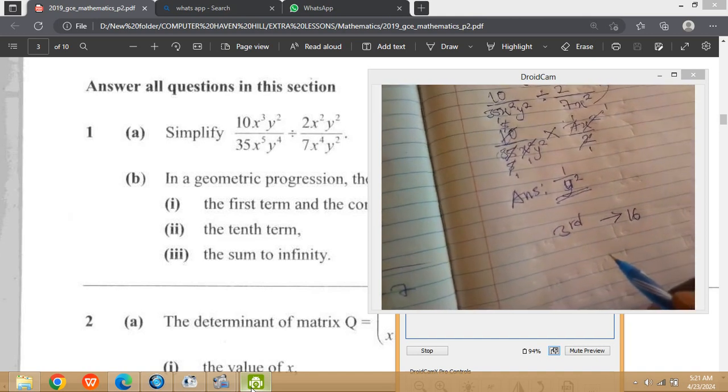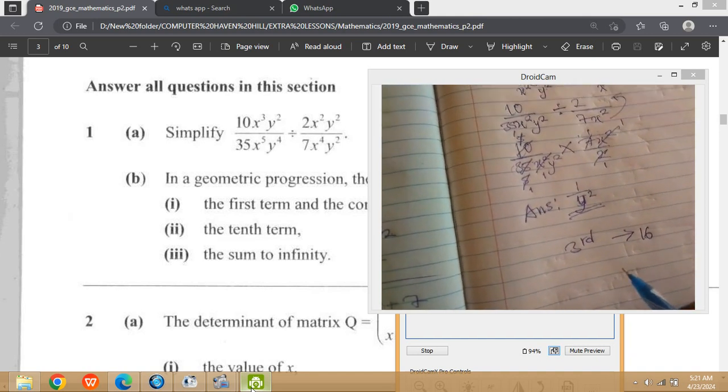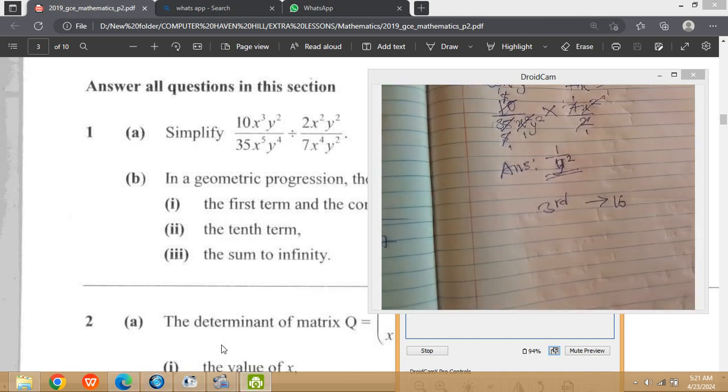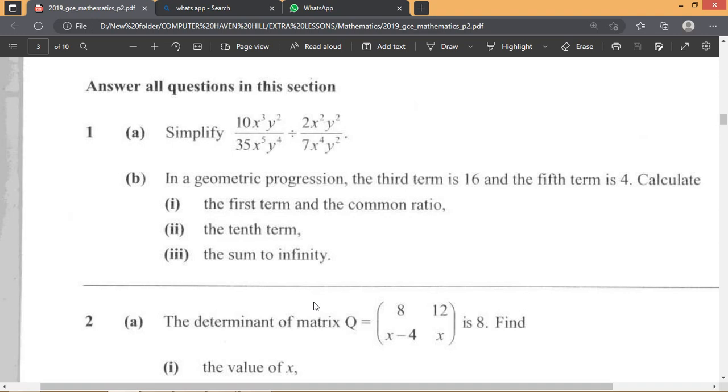Then we also know the other term that we've been given: the fifth term is 4. Let's check on that. So having that in our minds,